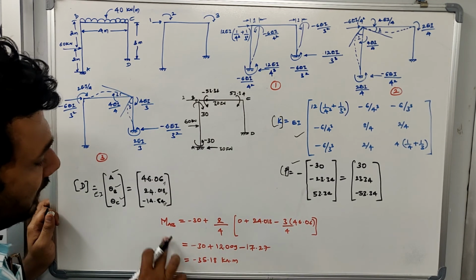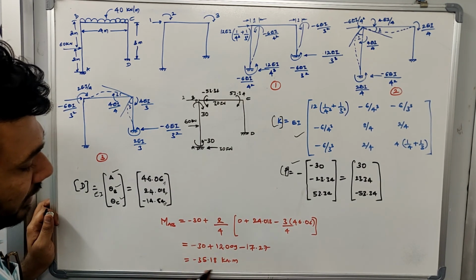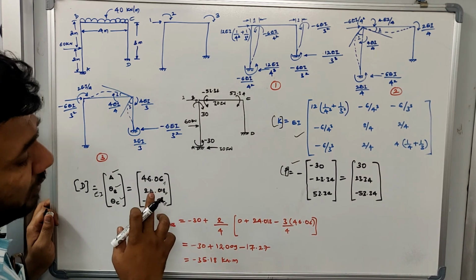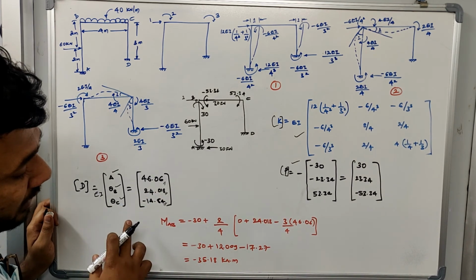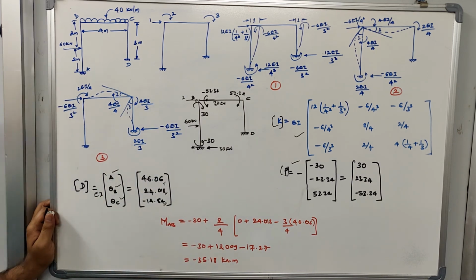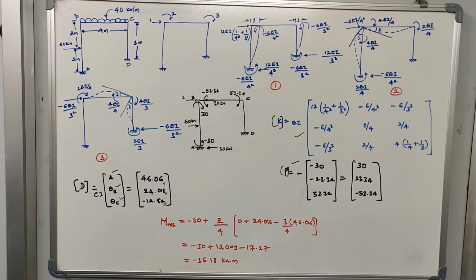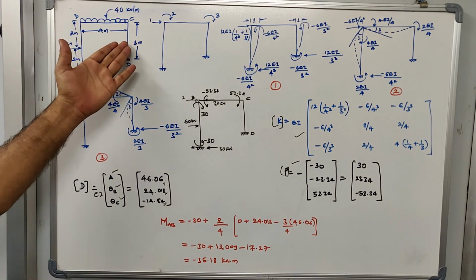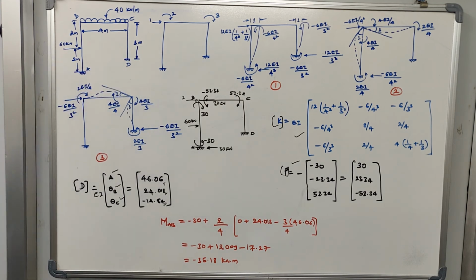After solving the end moment MAB, this is the value I got. You can verify it against the value we got from the stiffness matrix method, compare it with the slope deflection, and see what value you get. Now I have solved only one of the end moments. You can solve the other end moments, which are MBA, MBC, MCB, MCD and MDC. We have already drawn the shear force and bending moment diagram. If you want to revise, you can draw it one more time.